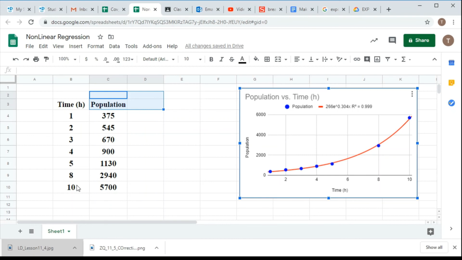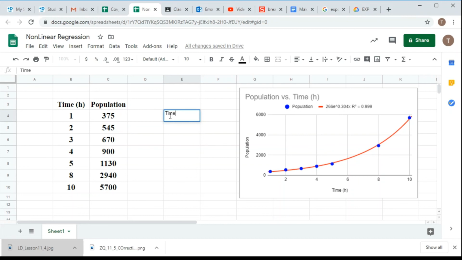Let's say we want to see in 15 hours how many bacteria there are going to be in our culture. So here I am going to put my time, which is 15. So I am going to extrapolate here using this